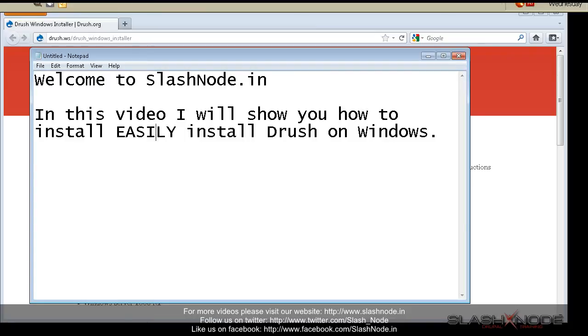Drush can easily disable any module of your site with just a simple command. It will save your precious time and also ensure that you don't do any wrong updates in your site database, which could be dangerous.